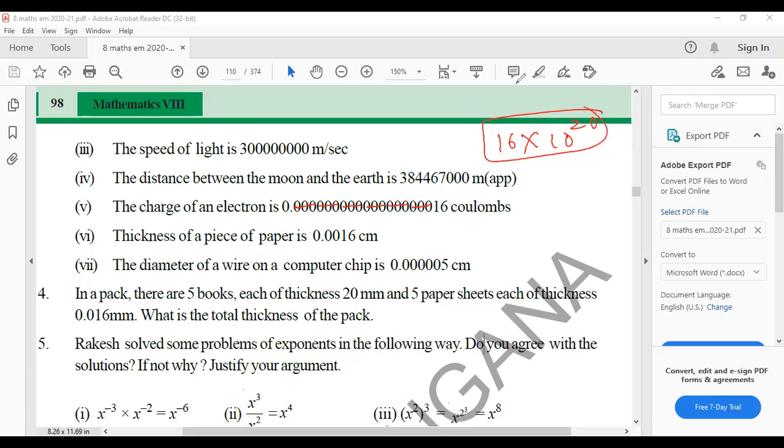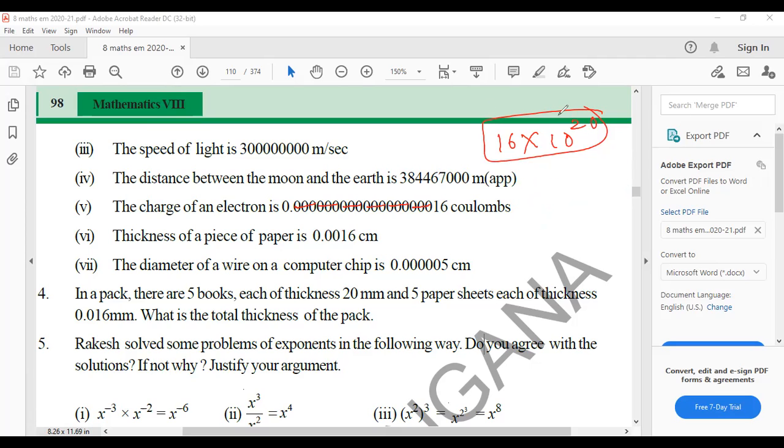Okay. But the people want the point here. After the first digit the point is required. So 16 by 10 into 10 power 20 into 10 power 1. Please count whether the digits are correct or not. Is 20 correct? Because something I wrote is wrong, I think. It is 10 power minus 20 we have to write down. We wrote 20, it's wrong, right? That is what makes the question a little tricky.